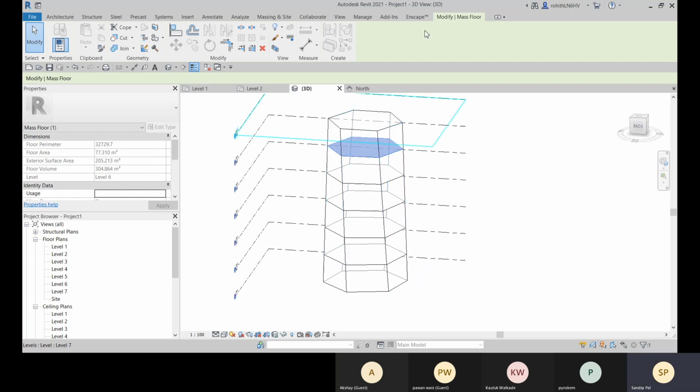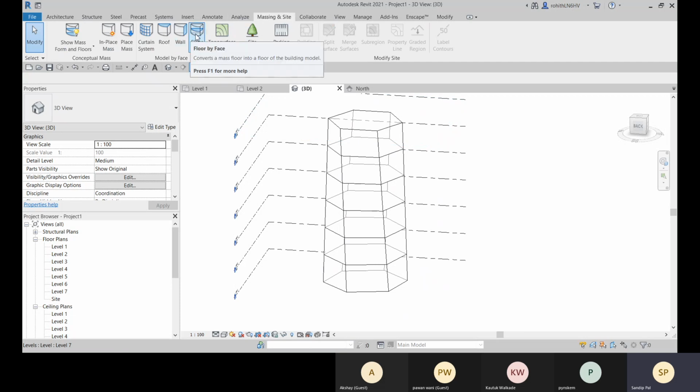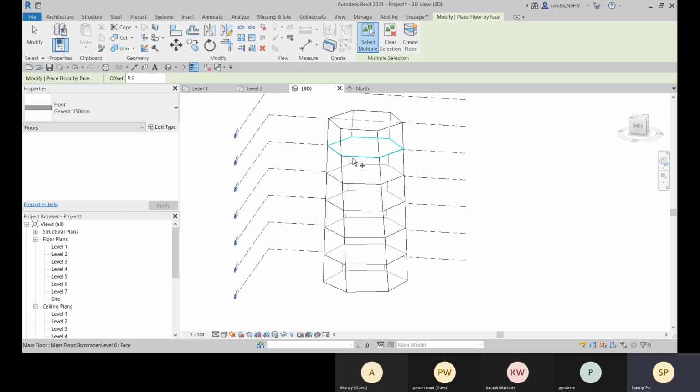So for that, again go to that massing and site, and here we have everything. All this face based wall, roof, curtain system, floor we can create. So floor by face.